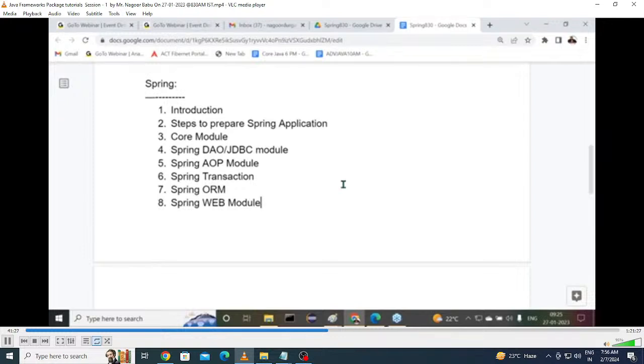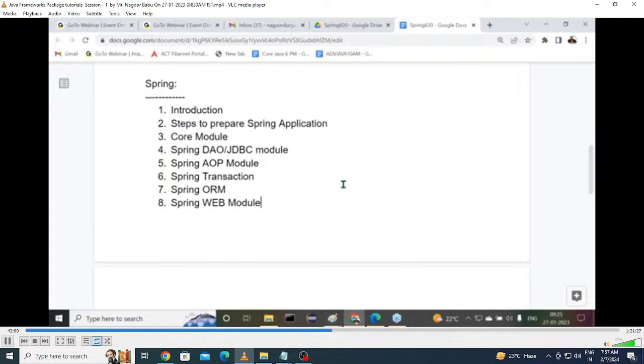Because if anybody outside asks you to tell something about Spring, at least you can open your mouth and say the Spring framework has these many modules, and the purpose of each module is like this. At least we can give some kind of introduction. And my selfishness in today's class is that I'm trying to say what I'm going to explain to you in the next upcoming days.